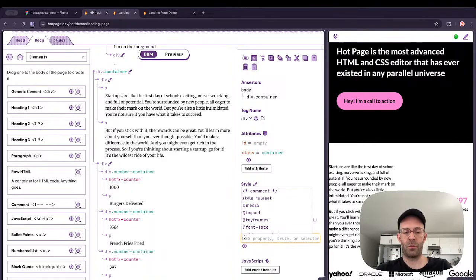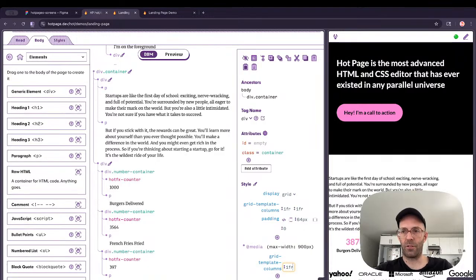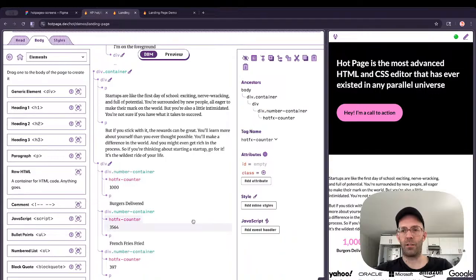So on mobile, let's say media max width 900 pixels. It's got to have grid template columns 1FR. Now it's dropping down,